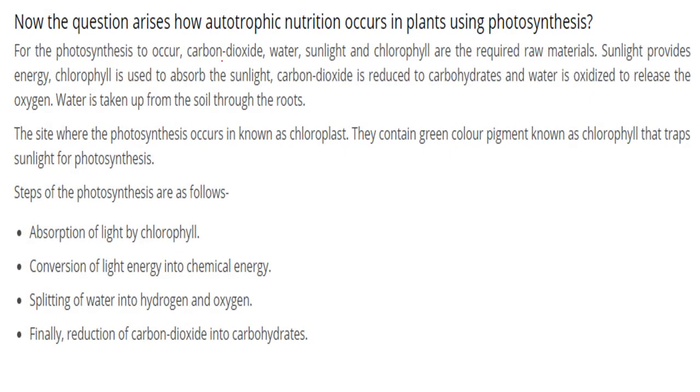Now the question is, how does this autotrophic nutrition actually occur in plants? For photosynthesis to take place, carbon dioxide, water, sunlight and chlorophyll are all required as raw material. Sunlight provides energy, chlorophyll absorbs this sunlight, then carbon dioxide is reduced to carbohydrates, and water is oxidized in order